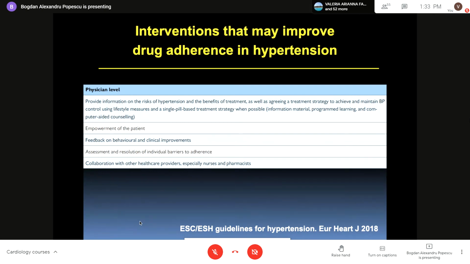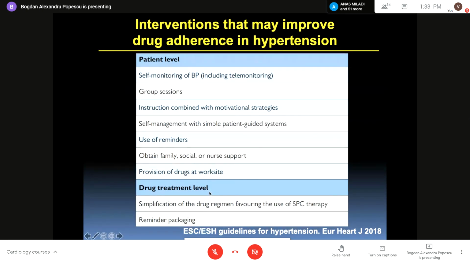And if the patient does not take the treatment and the blood pressure is high, you didn't do a good job as a doctor, and the patient will be at risk of very bad events. Sometimes you need to write down some principles, you need to explain, you need to involve the family, sometimes you need the help of a psychologist. So anyway, it is teamwork involving the patient, the family, some other healthcare providers, but it is crucially important that you succeed, because otherwise, as I showed you, there is a lot of morbidity and mortality.